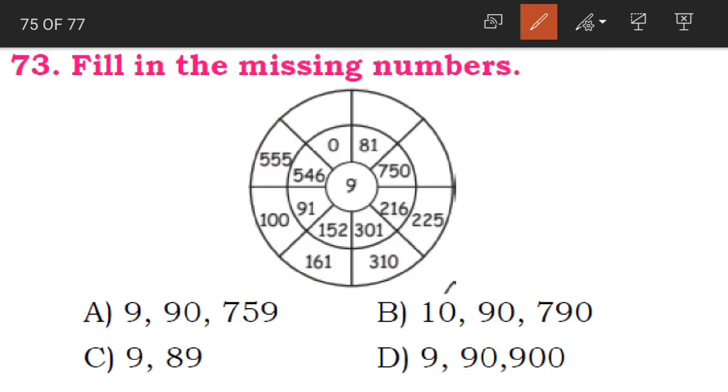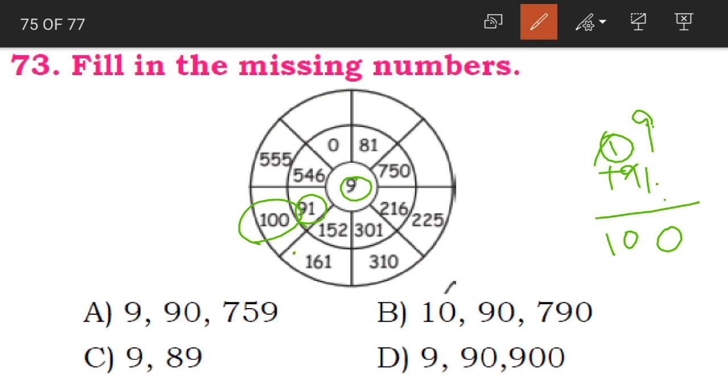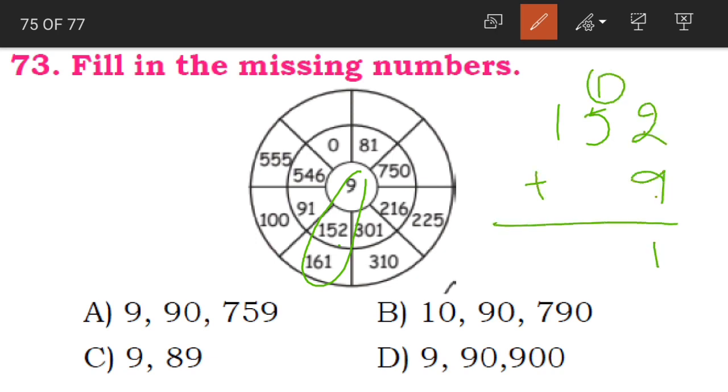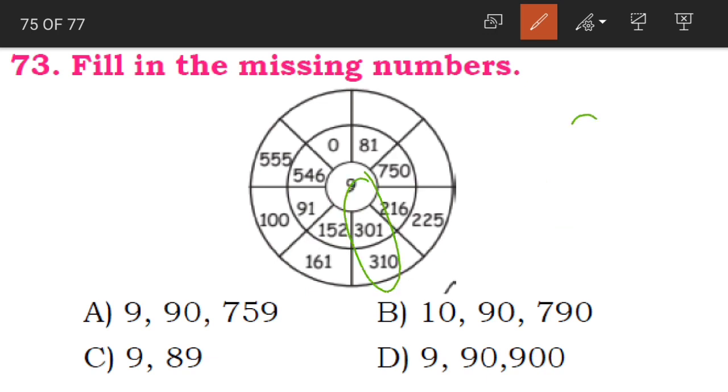Yes. Now if you look at the numbers carefully, see 9 plus 91. 1 plus 9, 10, 0 here 1 carried, 1 plus 9 again 10. What is it? 9 plus 91 is 100. Yes. Now again let us take another number. 9 plus 152. Now 2 plus 9, 11, 1 here 1 carried, 1 plus 5, 6 and then 1. 161. Yes children? See again here also 9, 301 plus 9.